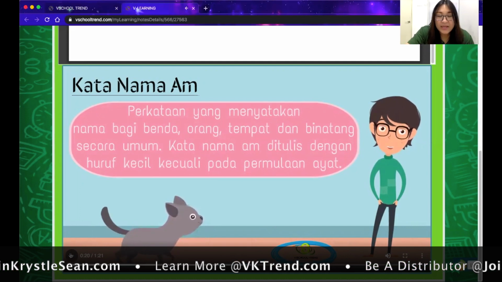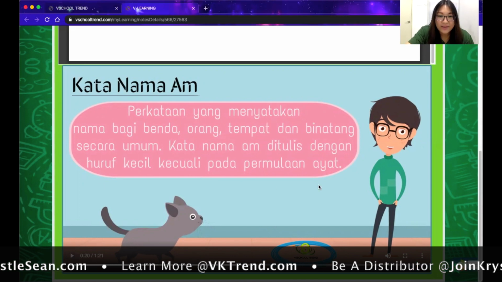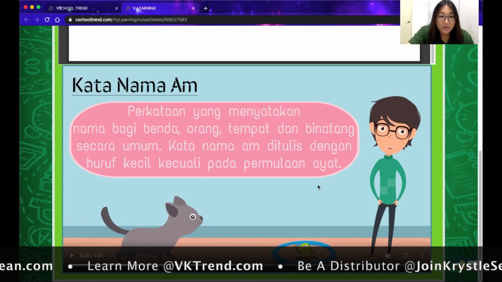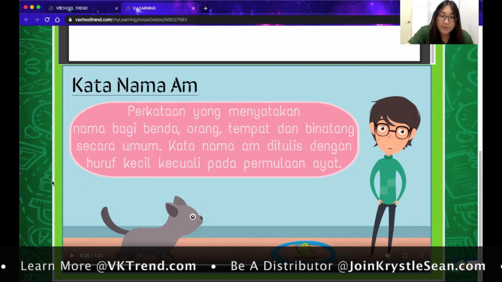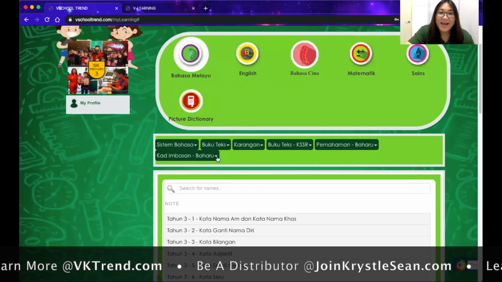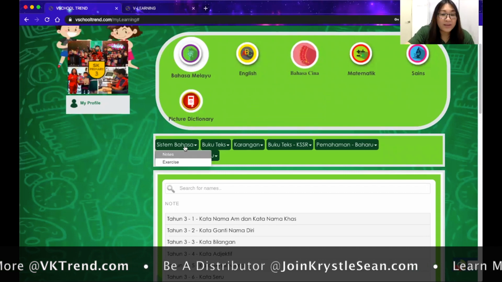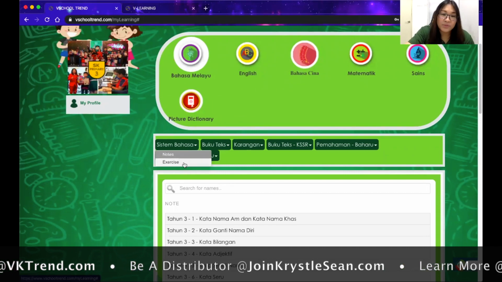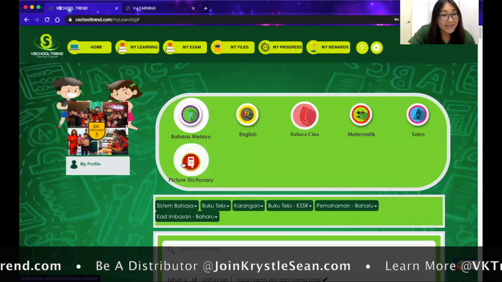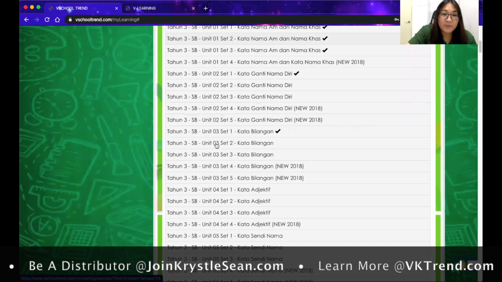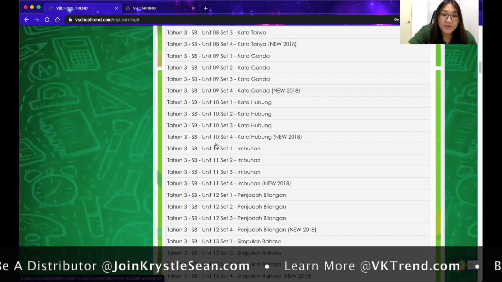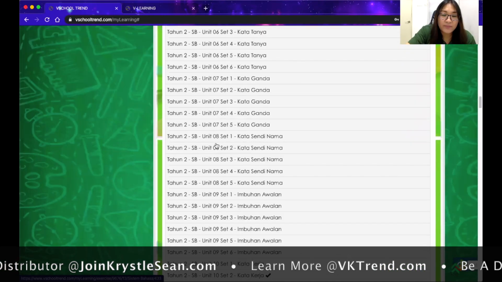As you can see, it reads out the whole text and everything, so your child gets to read, understand and follow through. If you don't understand, you can always play back the video again, which is great. Once they have learned, the next stage is the output stage, which is to do exercises. Here, just like the notes, they even provide for primary 3, primary 2, and primary 1.